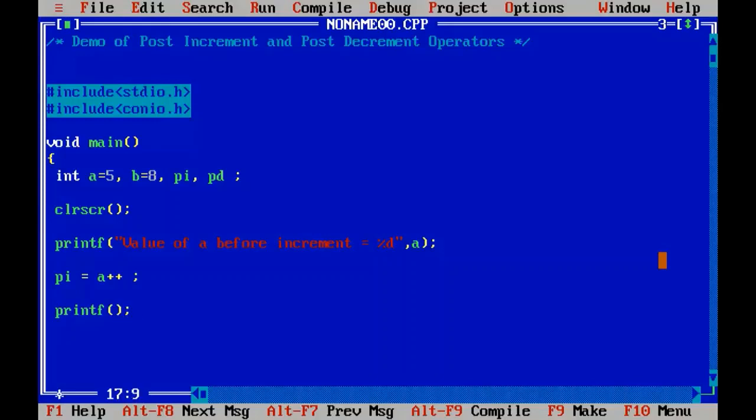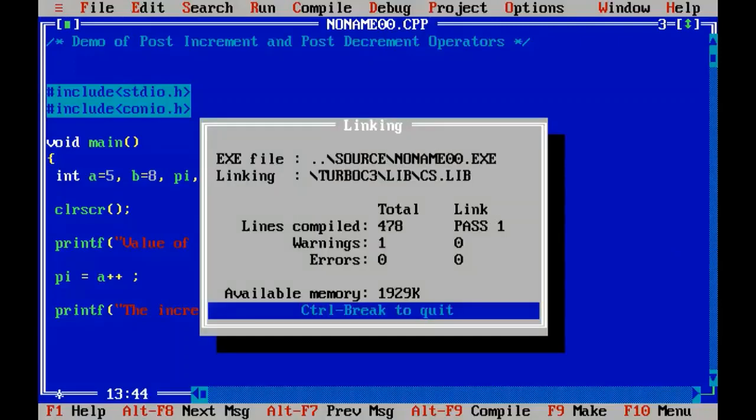Printf, the incremented value is equal to %d, comma pi. So let's go and run this program. So remember, I have incremented a and stored the value in pi variable. So let's see what happens. Control F9.